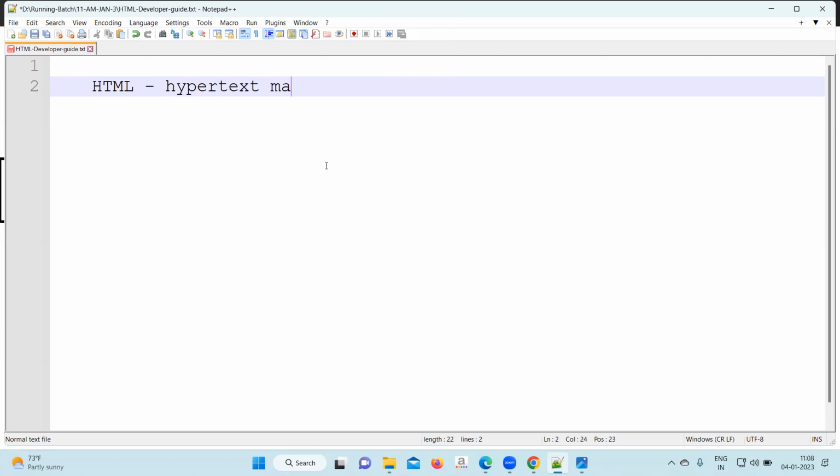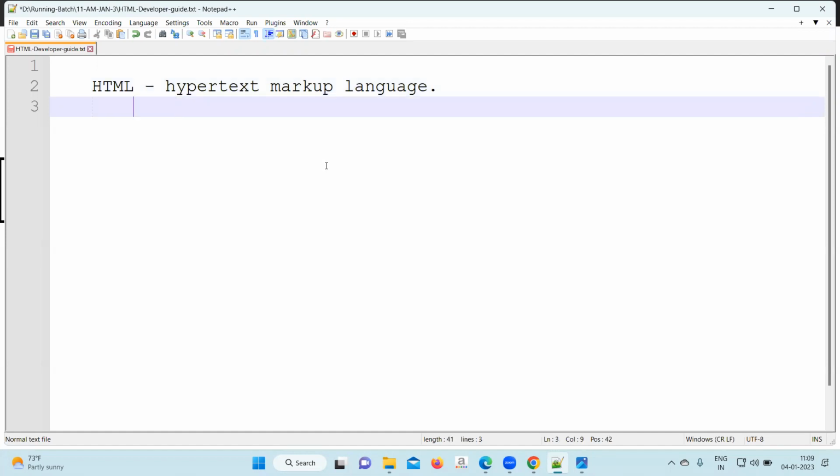Hypertext markup language. Okay, now the full form of HTML is hypertext markup language. Now inside this hypertext markup language, what will we be learning about, okay? You can write, it has